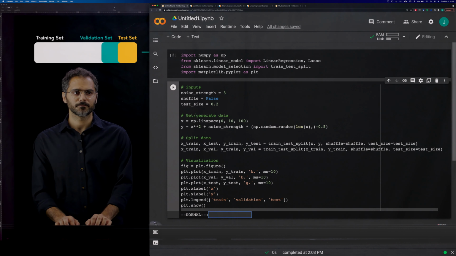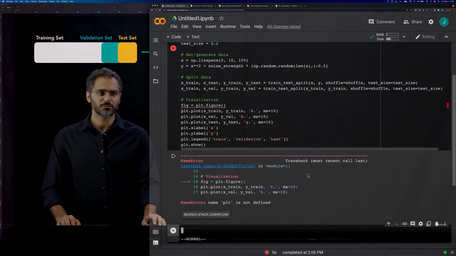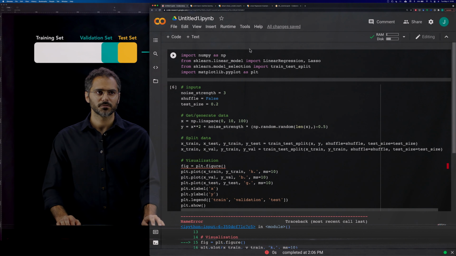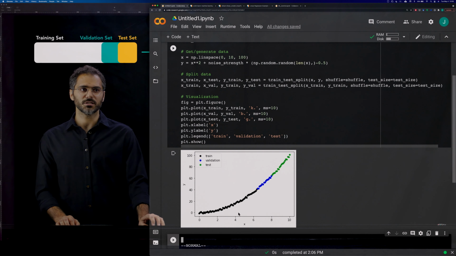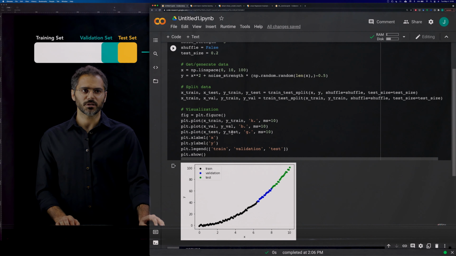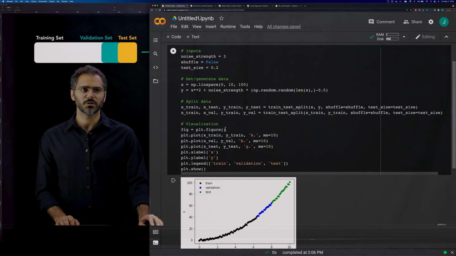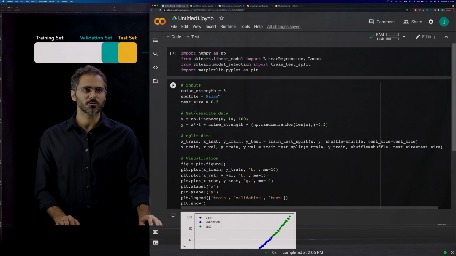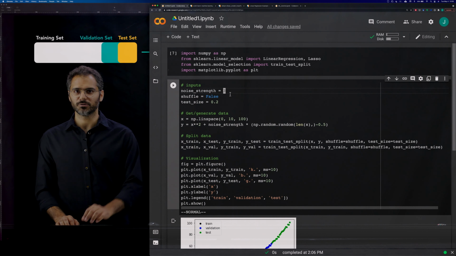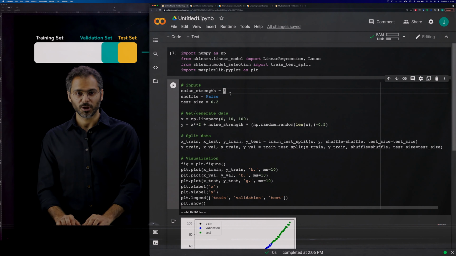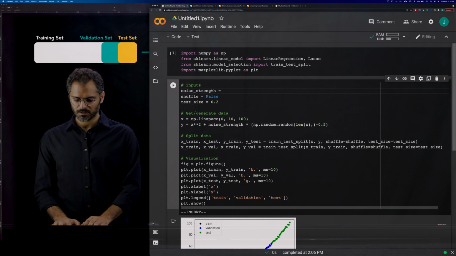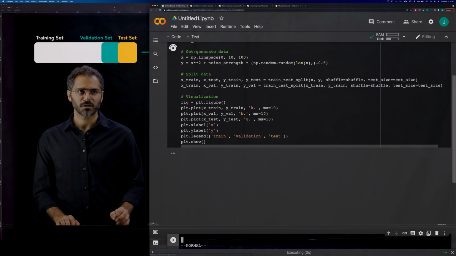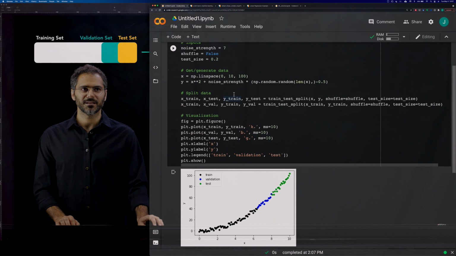OK. So we run this. OK, should not forget to run this first. So run these two, and now we see the data. I don't like the colors, but OK, it'll be fine. Actually, we can do yellow. No, let's just keep it like this. So let's increase the noise strength a bit so that I illustrate the point of having a lot of noise. So let's make it more like 7, lucky number. Let's go with 10,